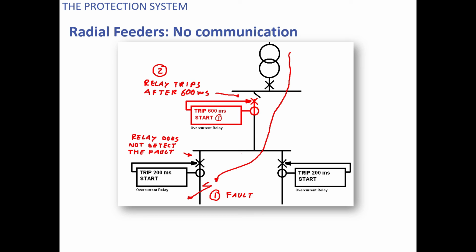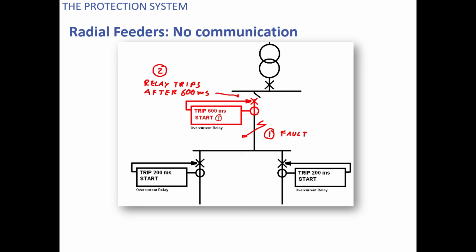So this you already know from the basic concept that whenever there is a protection maloperation and whenever your upstream feeder trips, then the outages will be more in case of radial feeders. So now suppose there is a fault at this point. In case the fault is at this point, this feeder will trip after 600 milliseconds. But the thing is that in case of a fault at this point, the time of operation of this feeder is very high. The time of operation is 600 milliseconds.